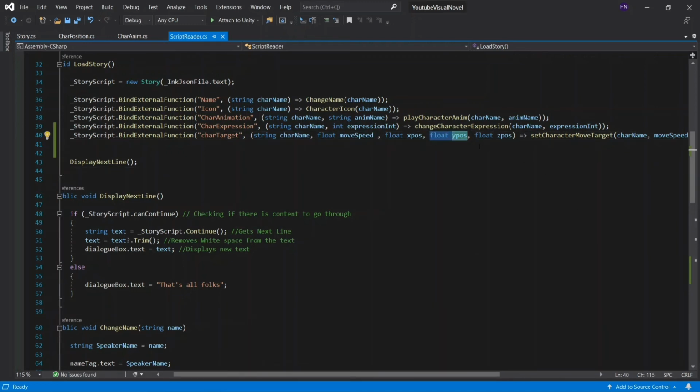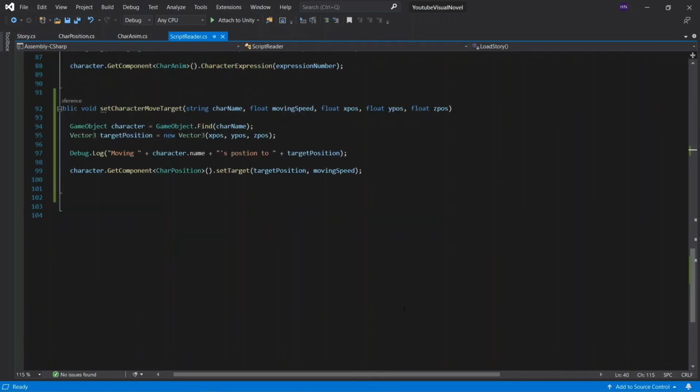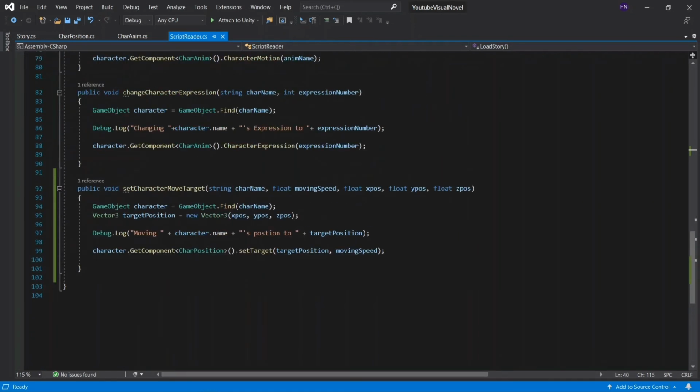So what you do here is go down to your set target movement, and you don't take the y position. Instead you say